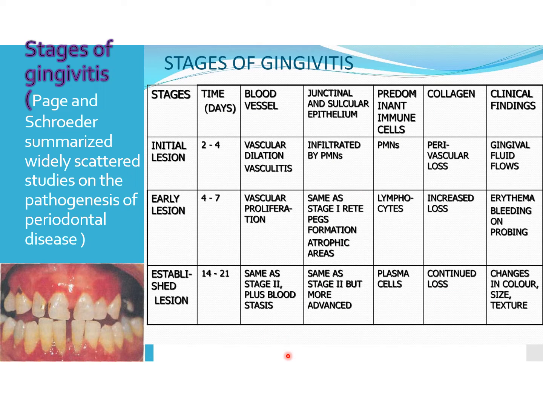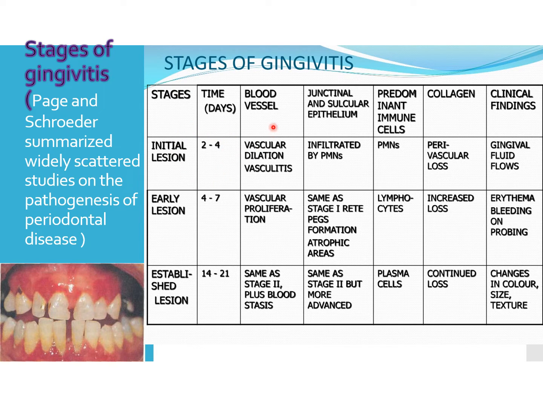Coming to the stages of gingivitis, which is very important, Page and Schroeder summarized widely scattered studies on the pathogenesis of periodontitis. So he has come up with the stages of this gingivitis. Mainly there are three stages: the initial lesion, early lesion, and established lesion. It is being given in a tabular column. The first one, the initial lesion, is stage 1, which appears in 2 to 4